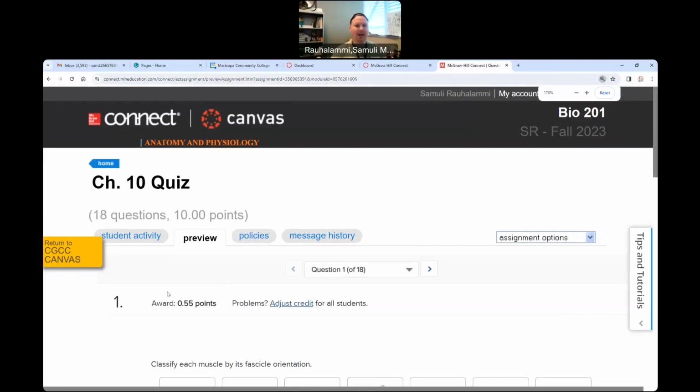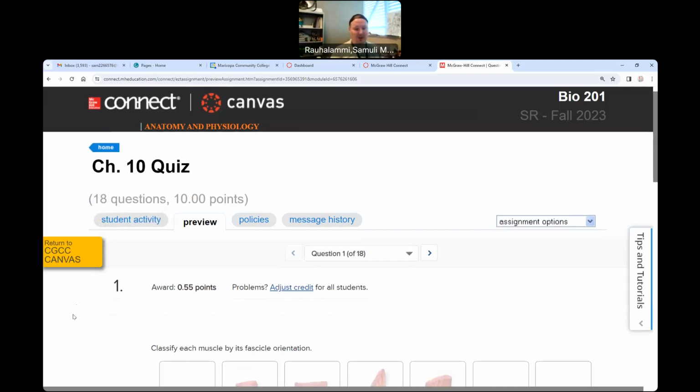And let's have a look at a couple of examples of the chapter 10 quiz. You'll notice that there's 18 questions. Sometimes students are like, oh my God, you went really crazy with the number of questions that you're giving us for this week. But really, remember, these are guiding your learning process. Since it is a little harder to teach the individual muscles through an asynchronous lecture, I really think it's useful as you learn them through activities and as you revise them through activities. So that's what this quiz is trying to